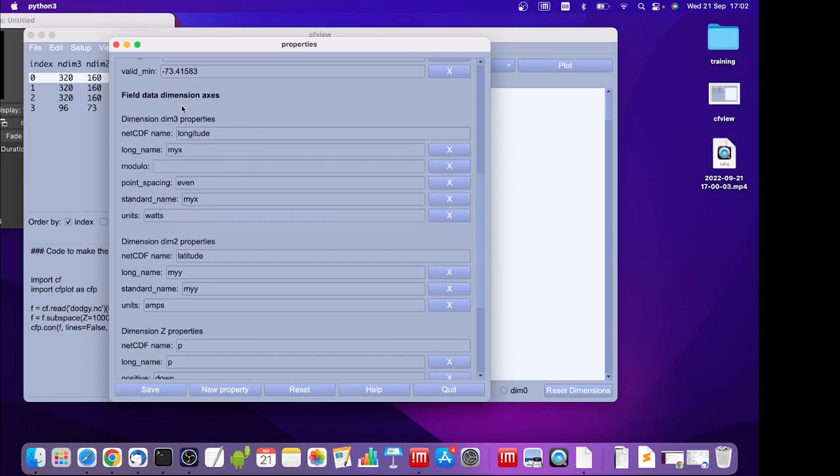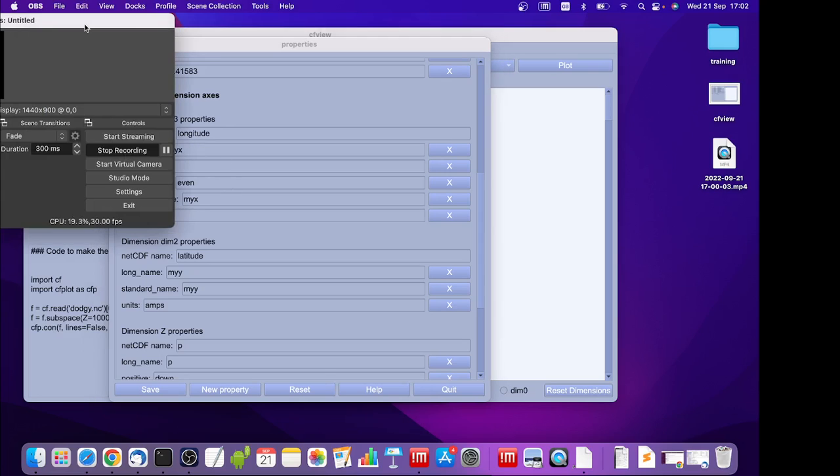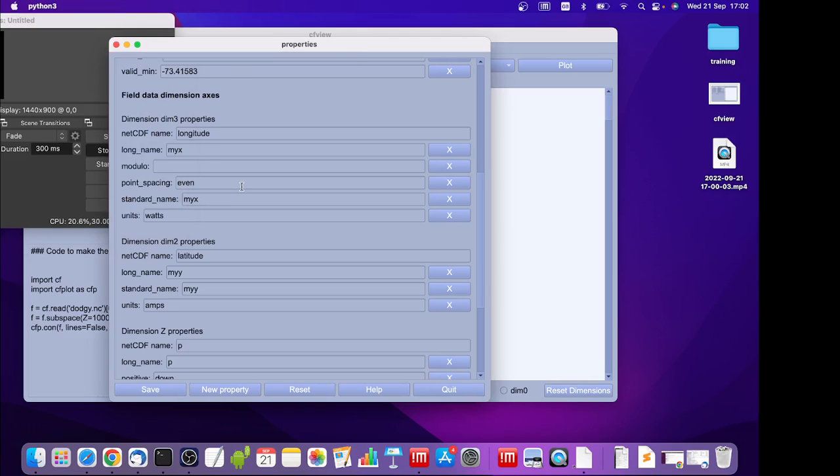So our dimension 3 properties, it says that it's a longitude, but its long_name is myx, and its units are watts, and similarly for latitude its standard name is my, and units are amps. So let's modify those and see if we can change it so we know that the standard name for longitude is longitude,